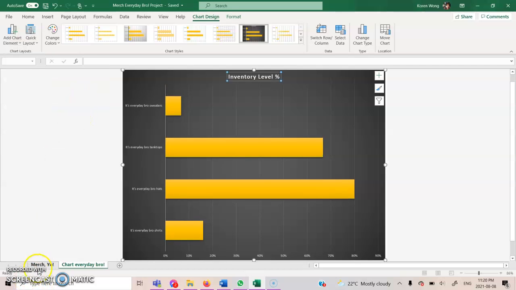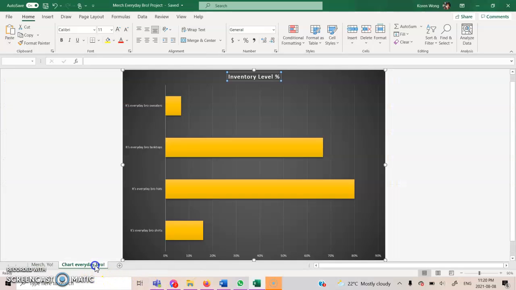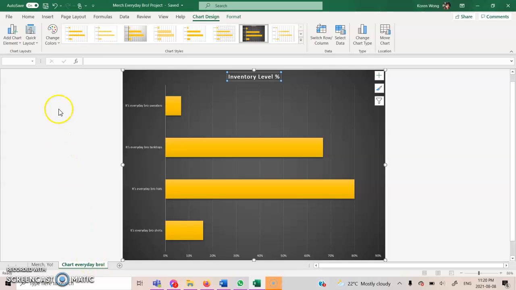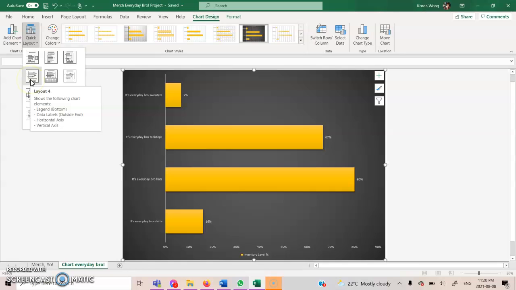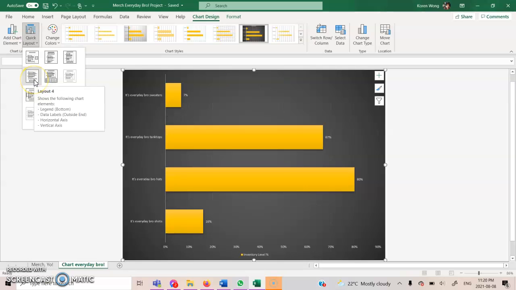Then for question number 2, it states, display the percentage values as data labels to the right of each data bar. So how I would do that is go over to quick layout, go over to layout 4, and over here it says data labels outside end. So click over to layout 4,